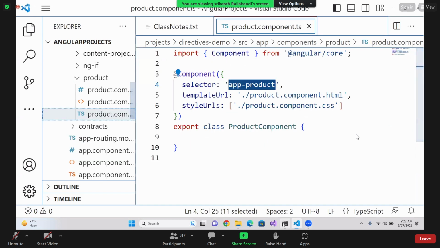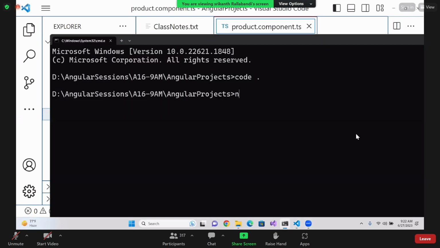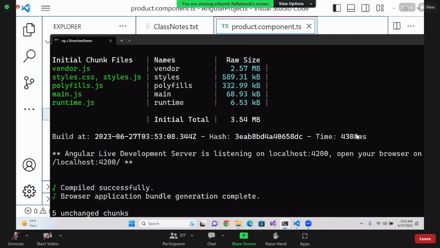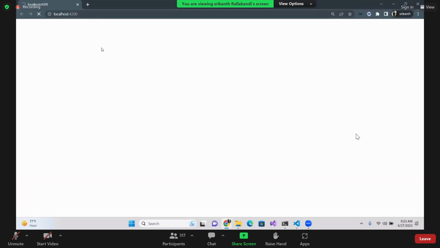And then I'll run my application. How do I run? ng serve, yes, I can give. And then the project name is going to be directives demo, that what I can give, so that automatically it gets executed. Now you see Angular development is working on this particular one, and the product is going to be worked over here. Now what I want to do is,